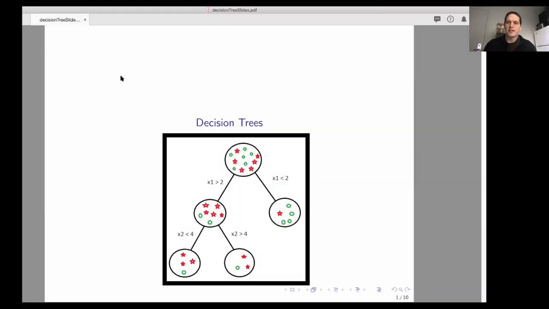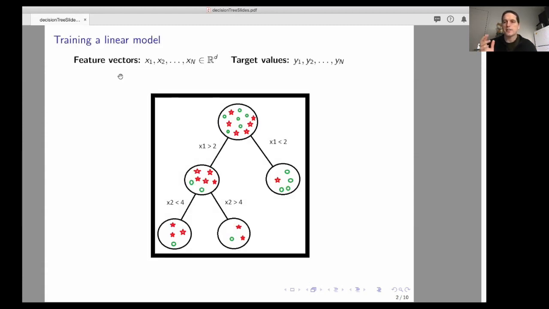We've discussed linear regression and logistic regression and neural networks, and now we're going to learn about an entirely new kind of model, which is called a decision tree. Decision trees can be used for regression or for classification. And so I want to explain what is a decision tree and how do we use them for regression and